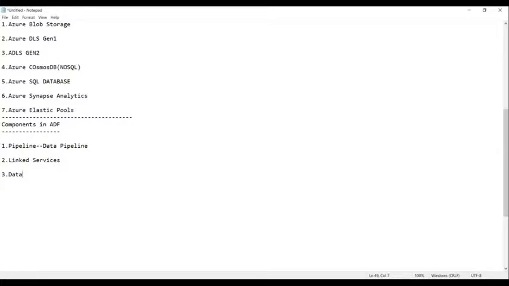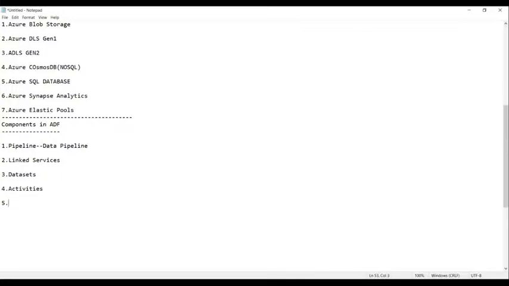Third one is called data sets. And the fourth one, yes, guys: pipeline, linked service, and data sets. And the next one, we have activities.